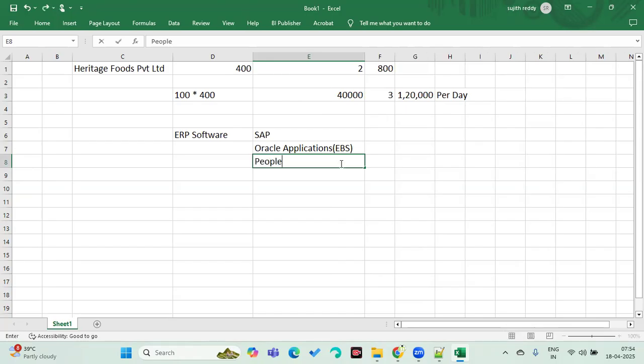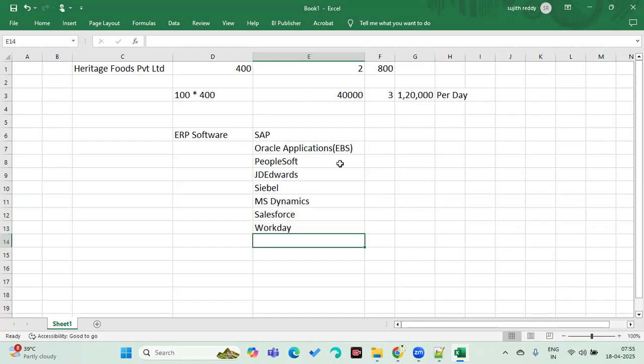And PeopleSoft, JD Edwards, Siebel software, and then Microsoft Dynamics, Salesforce, Workday, Oracle Fusion Cloud, NetSuite. Like this, there are a number of ERPs.